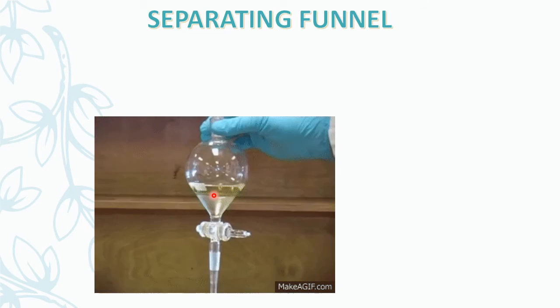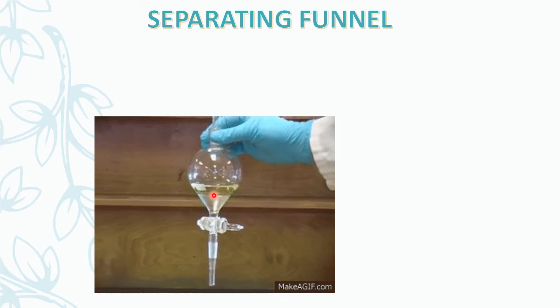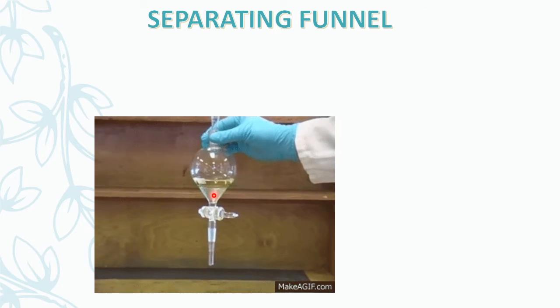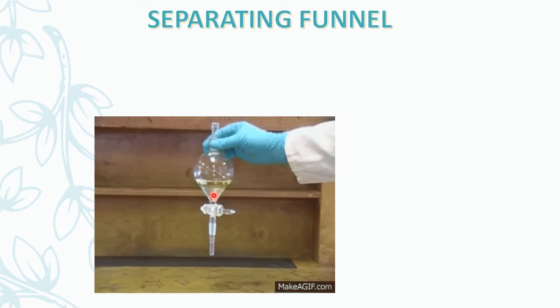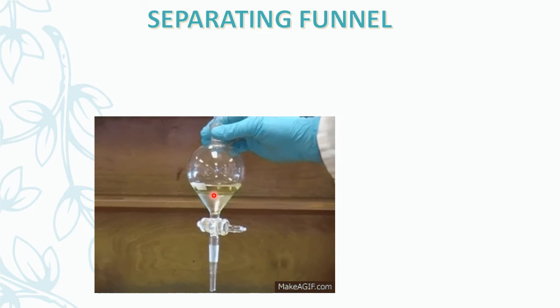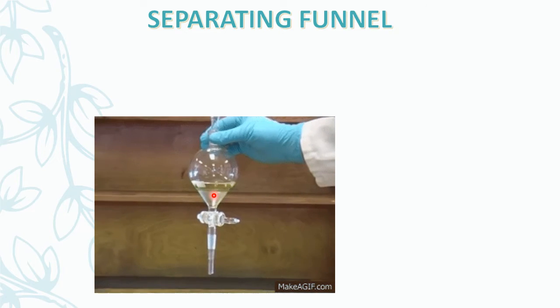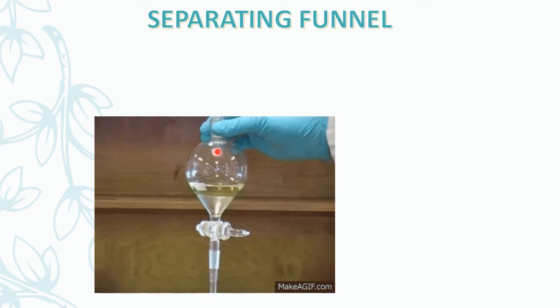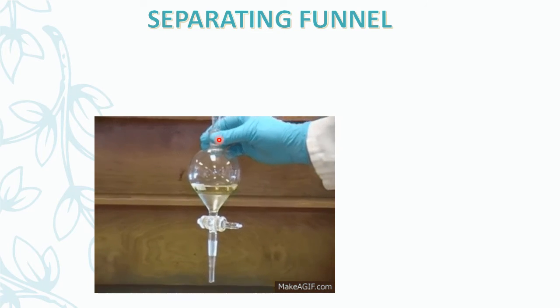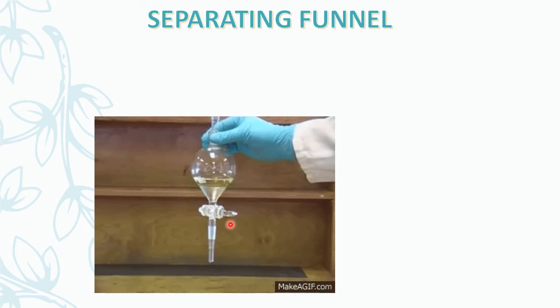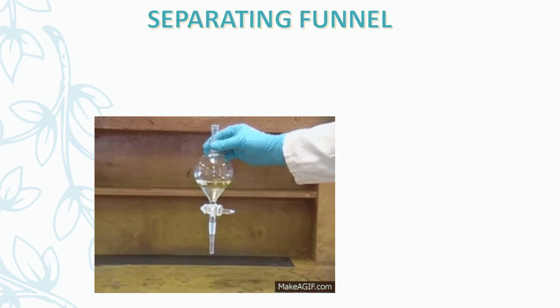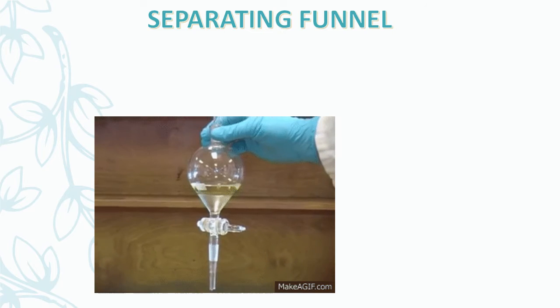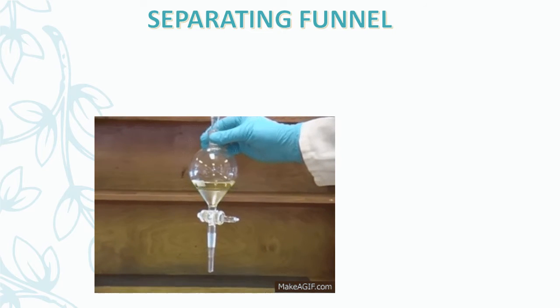You can see here the given mixture is of oil and water. Pour the mixture of oil and water into a separating funnel. Let it stand undisturbed for some time so that separate layers of oil and water are formed. Open the stopcock of the separating funnel. Here is the lid of the separating funnel and this is the stopcock of the funnel.